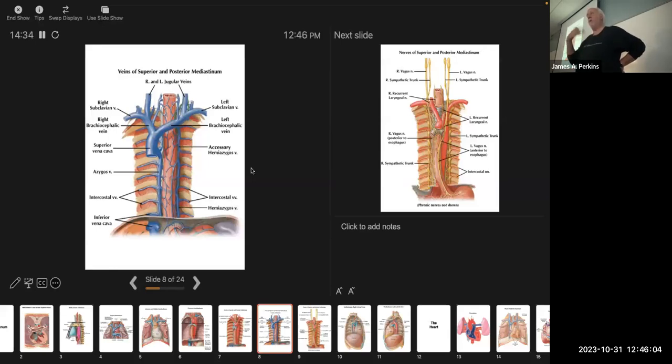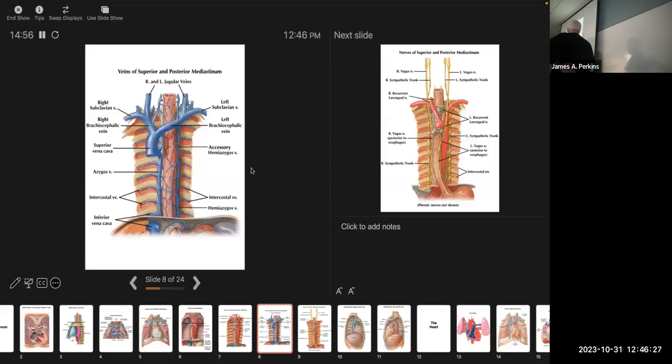Normally we've skipped over the veins because you just assume that for every artery, there's an equivalent vein running with it. So we just kind of removed them and didn't worry about them. But here we have a lot of veins that either have a very different branching pattern or in some cases don't have any artery equivalents at all. So, for example,